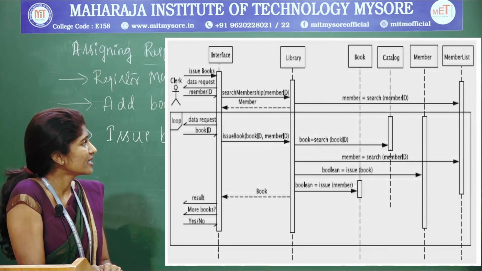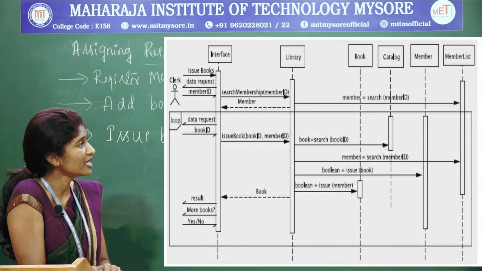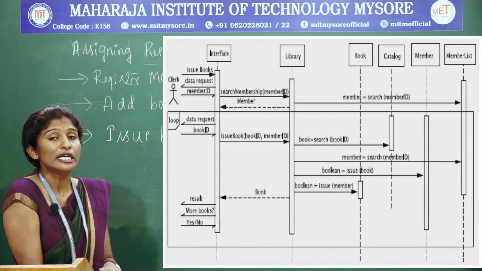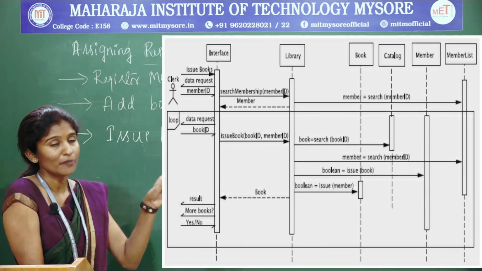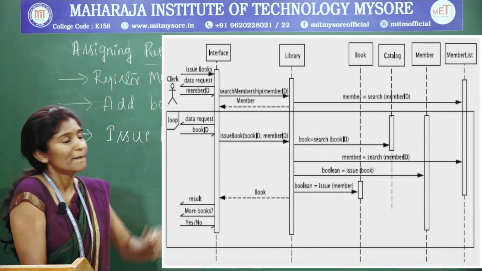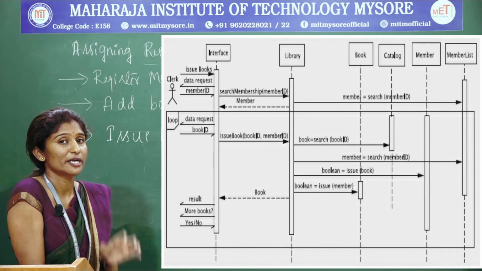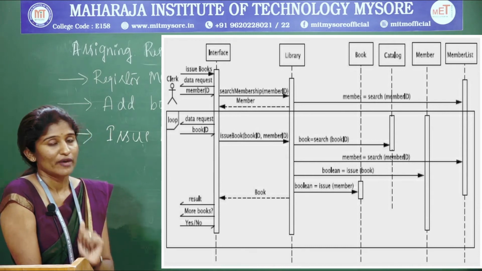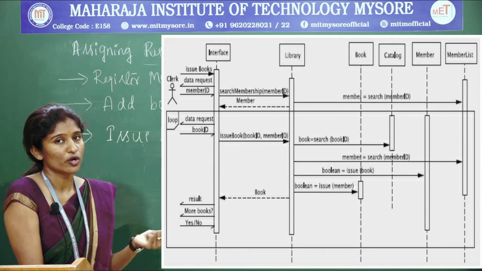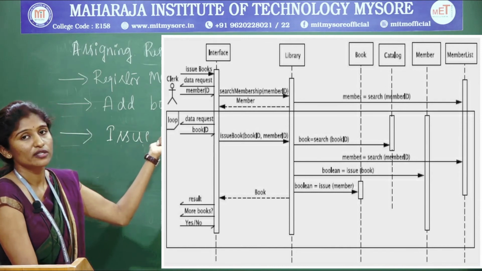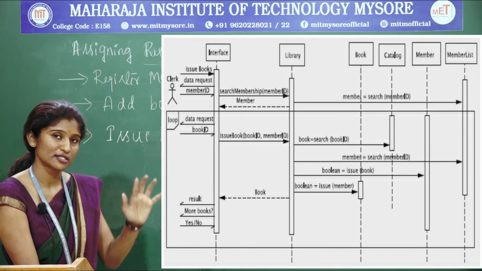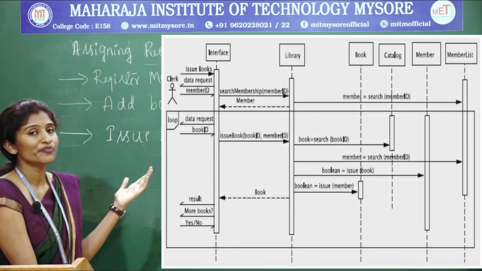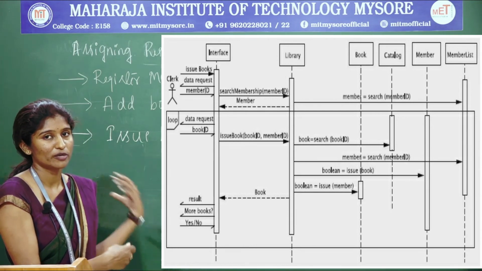Soon after the member ID is entered by the clerk, it is going to be cross-checked in the member list. It is going to check whether that particular user is registered in the library system or not, and those details will be verified. After verifying, if it is true, then it is going to ask for the book ID. So if the member is registered, it asks for the book ID, and the clerk types the book ID of the book being bought by the customer.